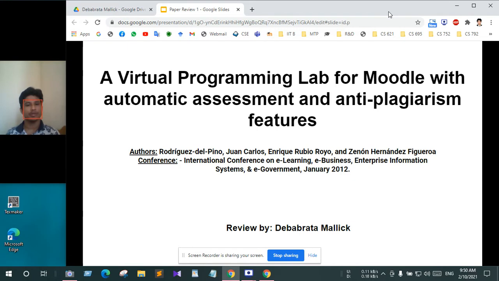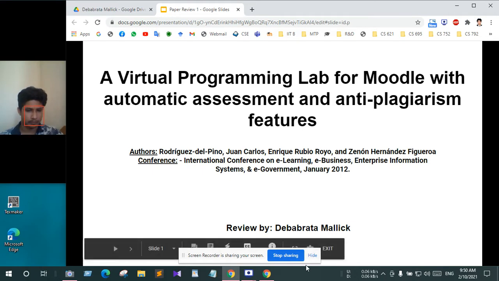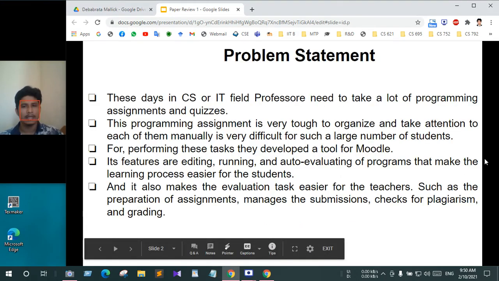A virtual programming lab for Moodle with automatic assessment and anti-plagiarism features. The paper was published in January 2012 at the International Conference on e-learning. This paper says that